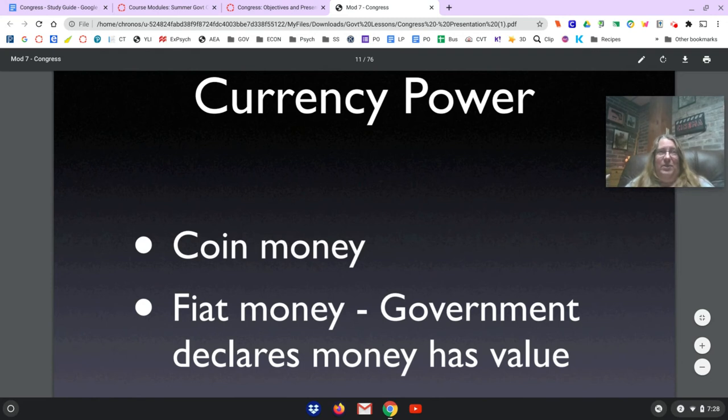That $20 bill isn't worth anything, but you think it is because we call that fiat money. The government has declared it has a $20 value. We believe it and accept it. We believe our economy is strong. And so by fiat, you use the $20 bill and believe you can get goods or services with that $20 bill. That's one of the reasons why we go after counterfeiters.